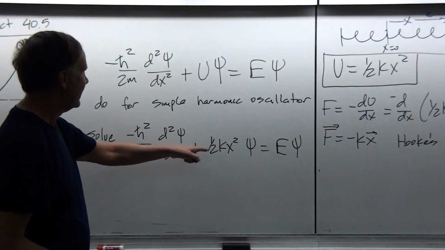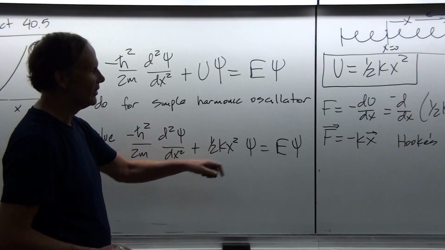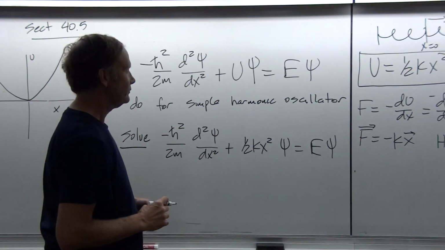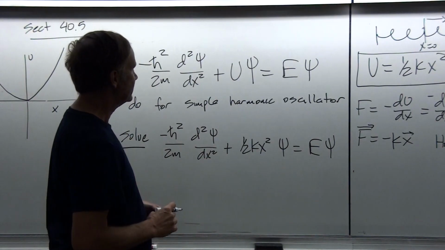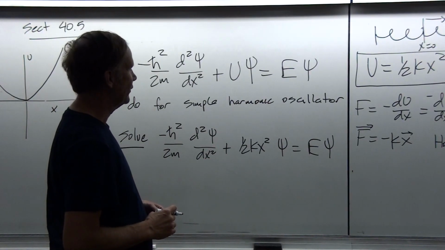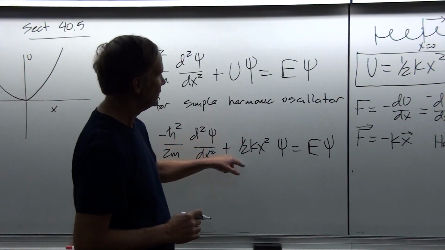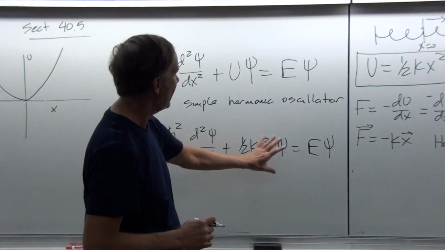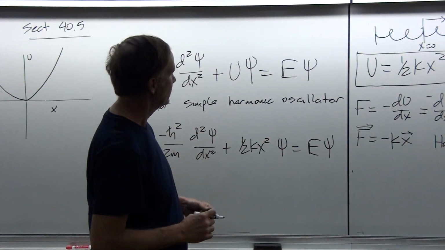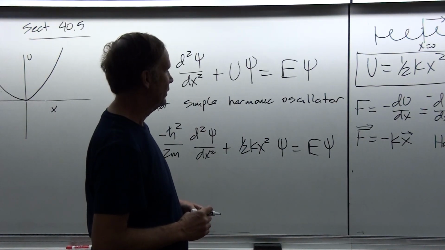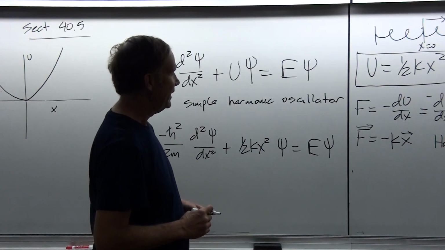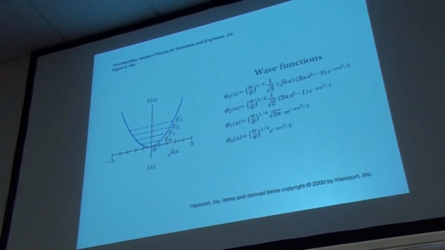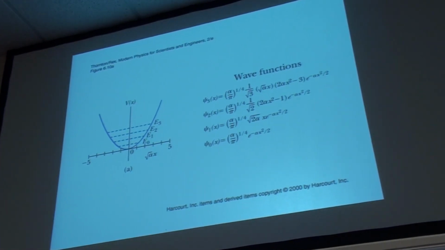Okay, this is a nonlinear second order partial differential equation, and because it's nonlinear, it's not as easy to solve as the problems we've looked at so far. Those problems had a constant step potential, which could be incorporated into the E, and we could get something that looked like e to the minus i kx for our functions. But now, let's look up at the data projector, and we see the solutions in terms of what are called Hermite polynomials.